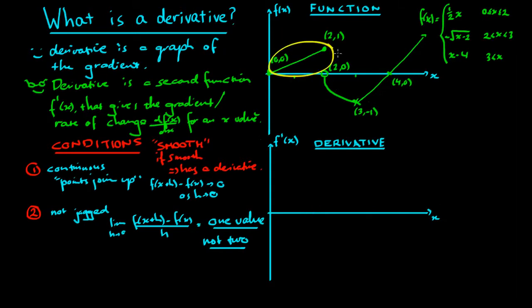What is the gradient for this part here? Because I can take the gradient for some of these values. It's actually 1/2, and we know that because the gradient of a line that has the equation half x is equal to 1/2. So I'll put an endpoint over here, and it's a constant gradient, and another endpoint here. Now you'll notice I've put an open circle at endpoints because one of the rules is